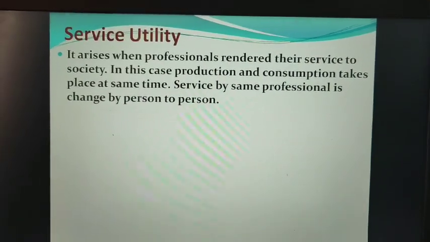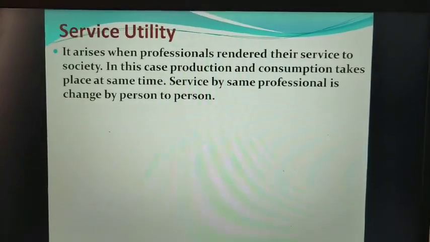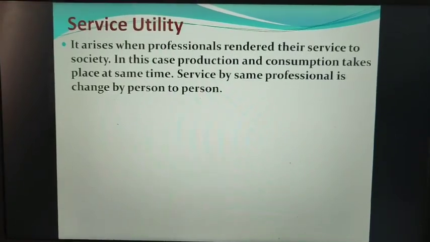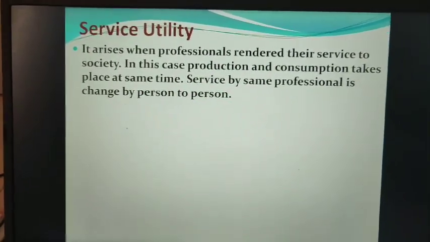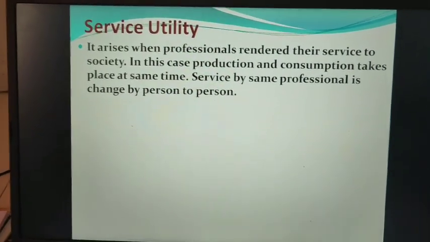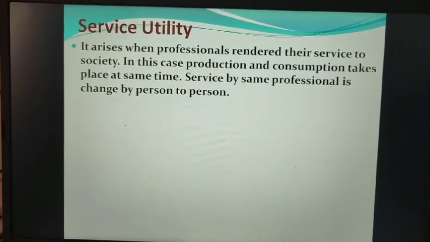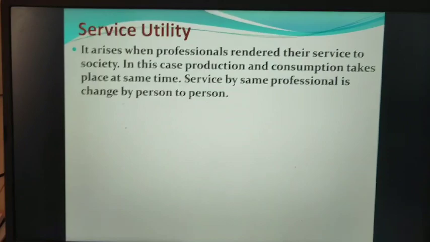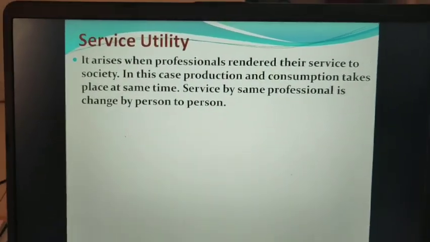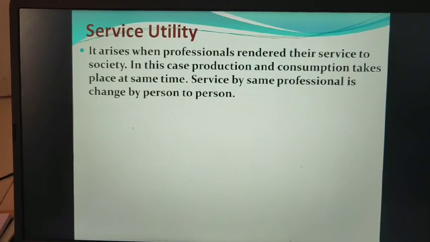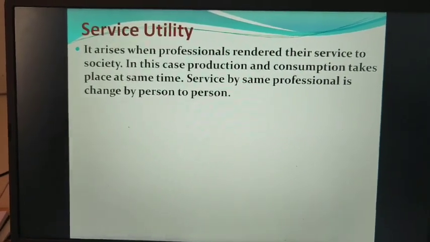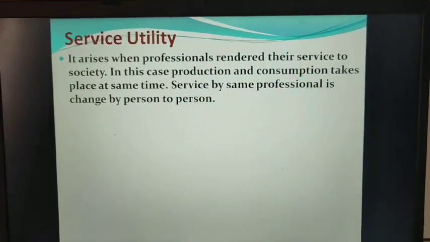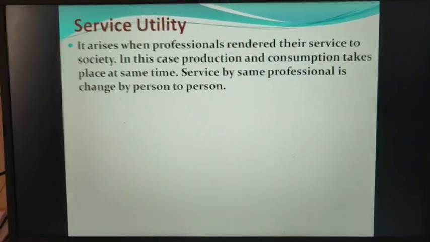Okay, so it is a type of utility where production and consumption take place at the same time. What do production and consumption mean here? Generally, many times the place of production is different and the place of consumption is different. Like I've given you the example of tea. The huge production of quality tea is done in Assam, but we can use it anywhere. So the place of production and the place of utilization are different. Another example I've given you is rice. Rice is produced over a whole year, but we are using it anytime. So many times the place and time of production are different from the place and time of consumption.